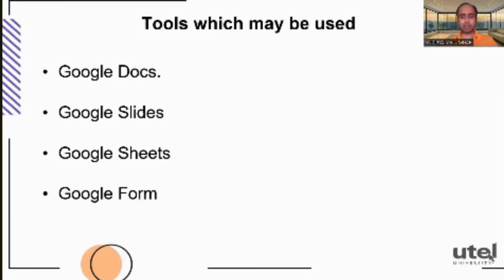So we talk about using MS Office, Microsoft Office. Google has its own Office. Office 365 is also there. These are all the tools with respect to the Drive, Google Drive or shared Office. So Google Docs is a substitute of MS Office Word. Google Slides is a substitute of MS Office PowerPoint. Google Sheets is a substitute of MS Office Excel. These three have the same aspects as MS Office, but there are a few advantages.